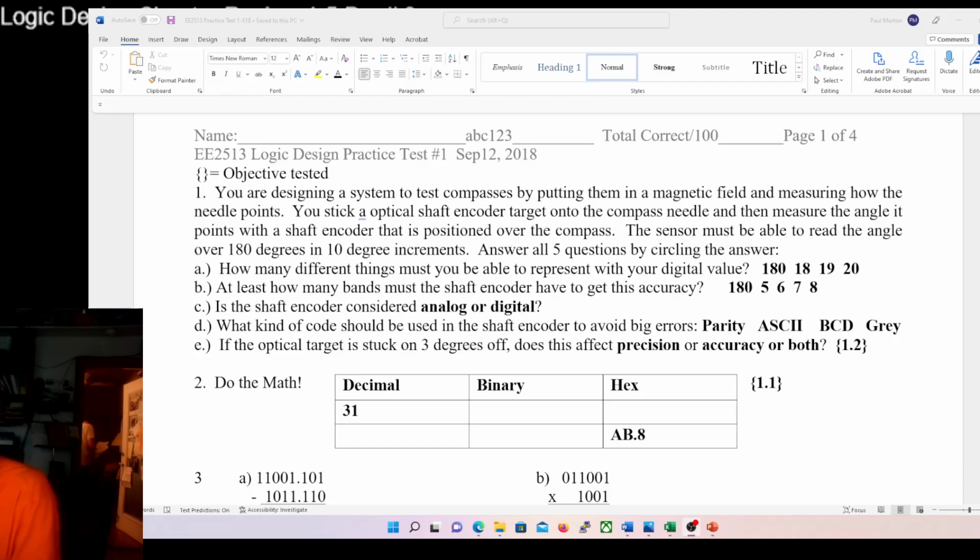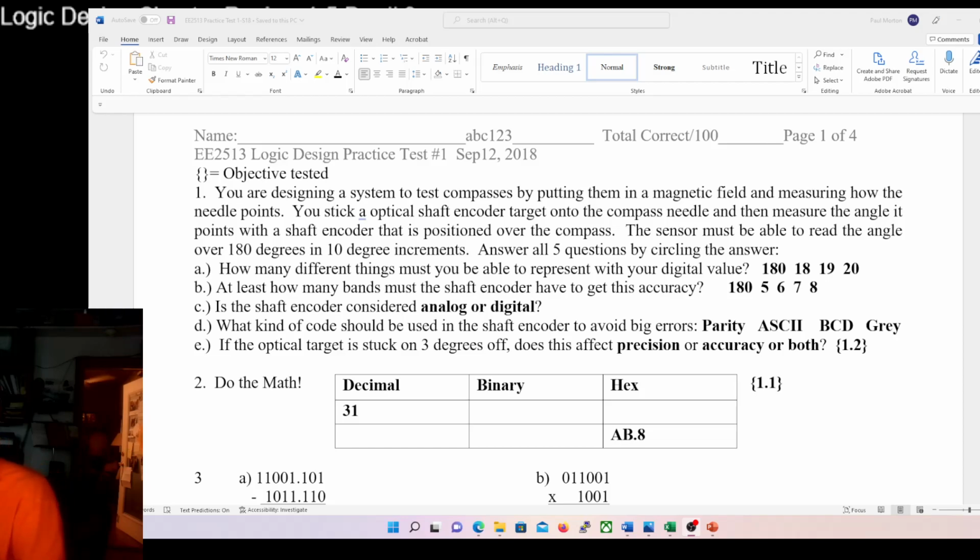How many different things must you be able to represent with your digital value? Well, we have to represent 19 things, because that's the number of angles to get 10 degrees from, say, 0 to 180. How many bands must the shaft encoder have to get this accuracy? Well, we have to go to 32, the nearest power of 2 bigger than 19, and that's 5 bits. So we need 5 bits, and we get 1 bit for each band on the shaft encoder, so that's